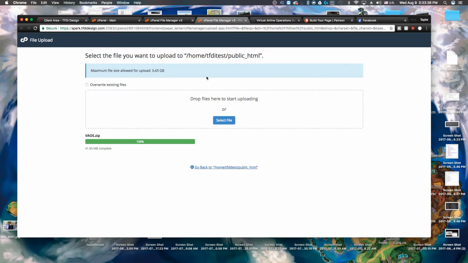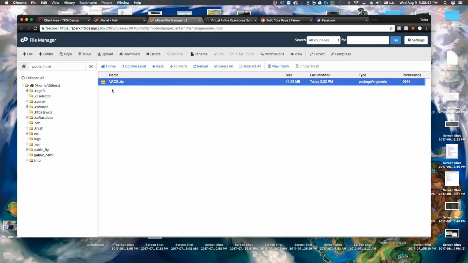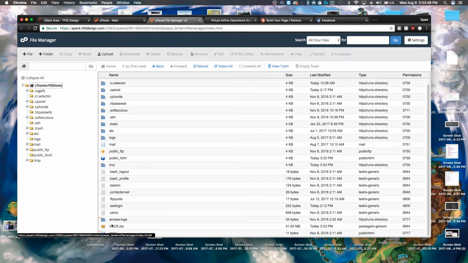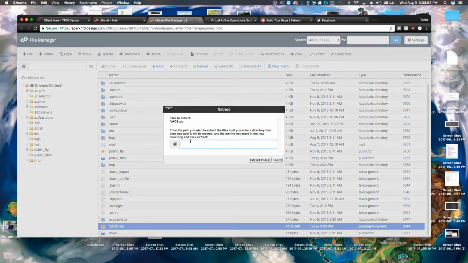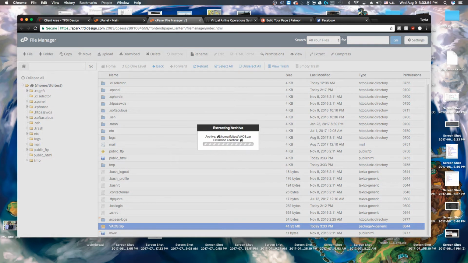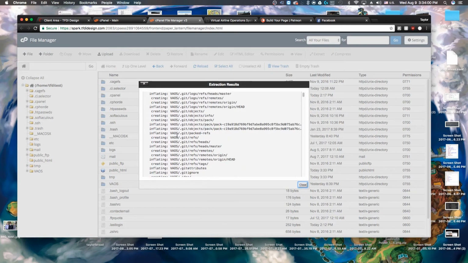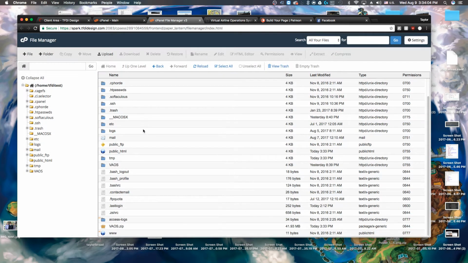So let's go back here. It's right now within the public_html folder. We don't want it in the public_html folder. We want it in the root. So we're going to drag it to the root, and we're going to unzip it here. So we're going to extract all the files to the root. And as you notice, it created a new folder called VAOS, and it's now on the root of the drive. If we go into here,